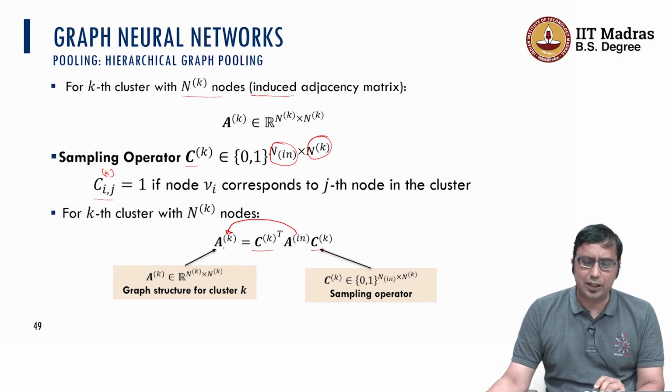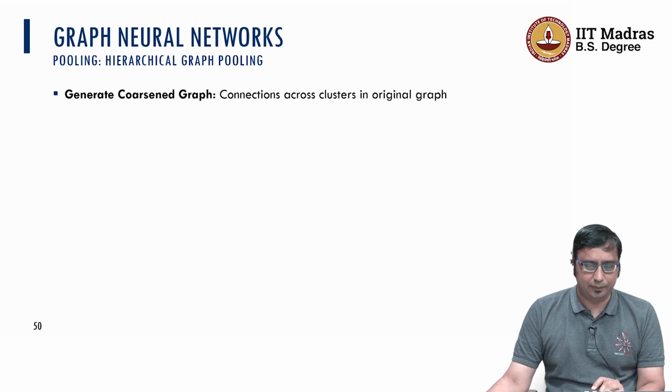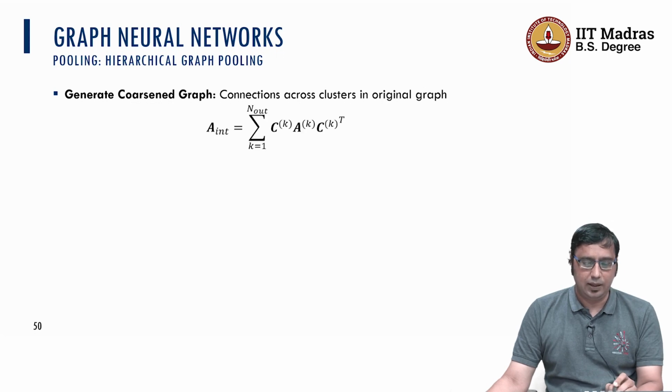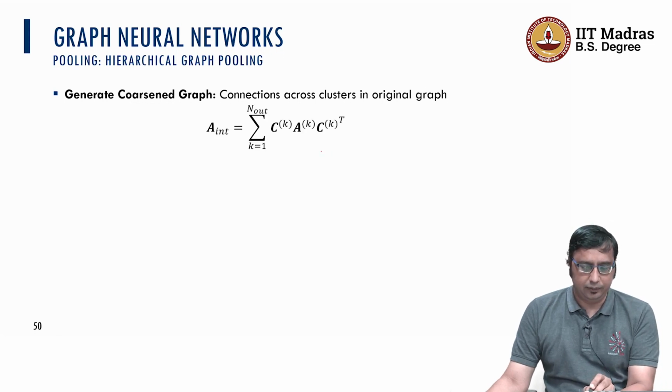So I got the induced adjacency matrix. Now what is next? Once we have the induced adjacency matrix, we can generate the coarsened graph, where connections across clusters in the original graph can be given by the following matrix,